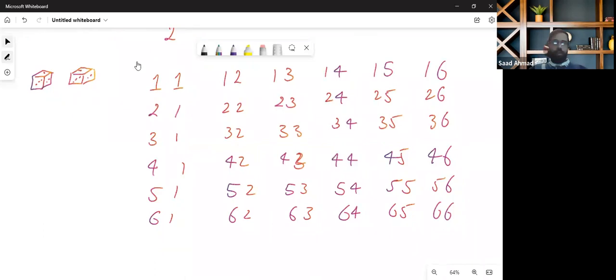All right. Now we can make any question. Let's say the question is, how many are the possible outcomes when the sum of both numbers that appear on the die